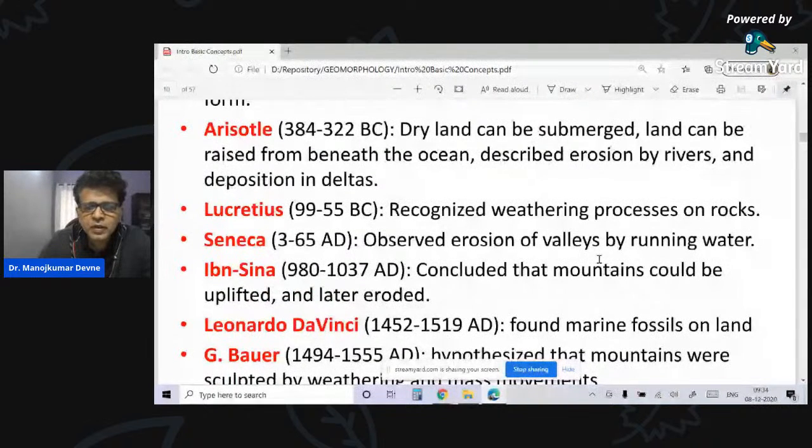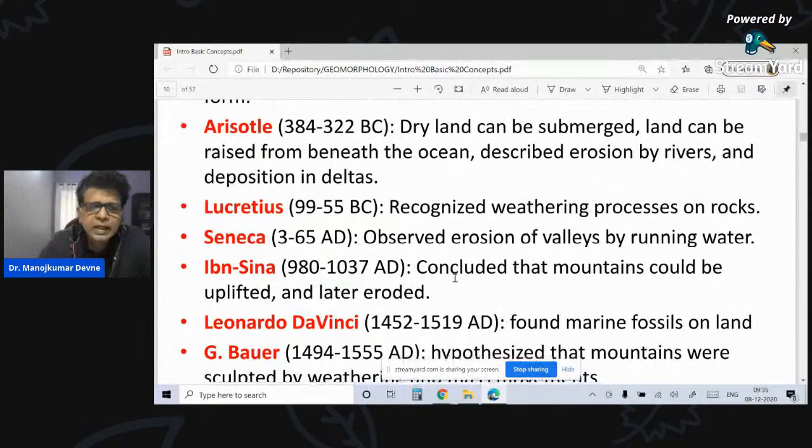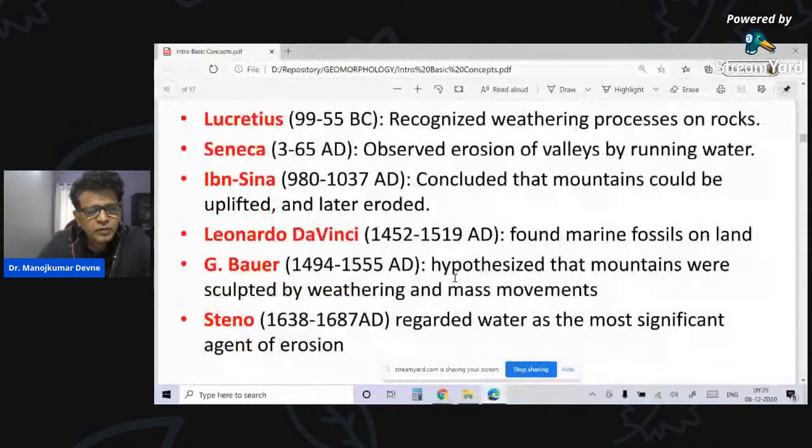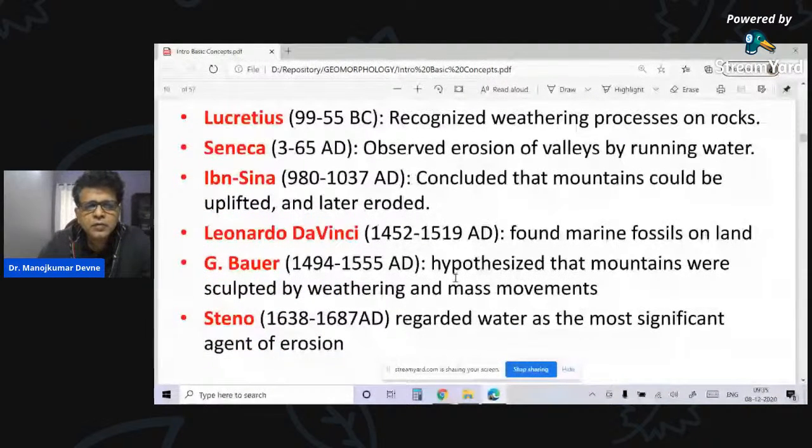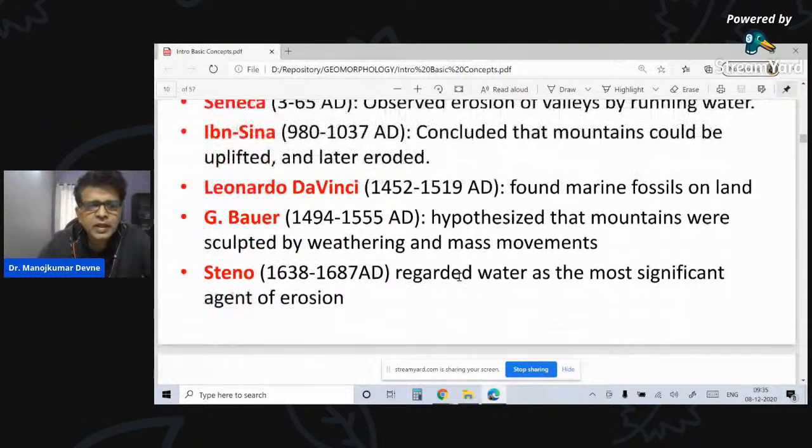Then you have the medieval period, Ibn Sina, wherein the Arab geography was very prominent, and he is seen to conclude that mountains could be uplifted and later eroded. Then you have Leonardo da Vinci, 15th century, who found marine fossils on land, and followed by him you had Bauer, who hypothesized that mountains were sculpted by weathering, very similar to what Ibn Sina had said earlier. Steno contributes in the 17th century that mountains were sculpted by weathering,